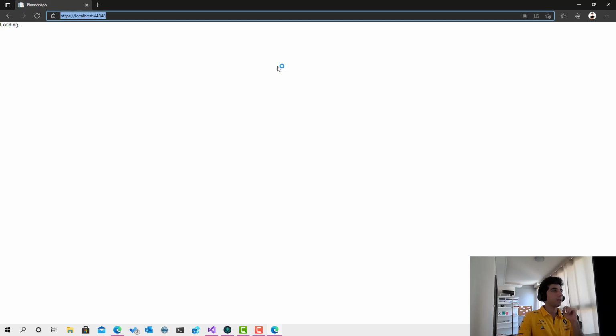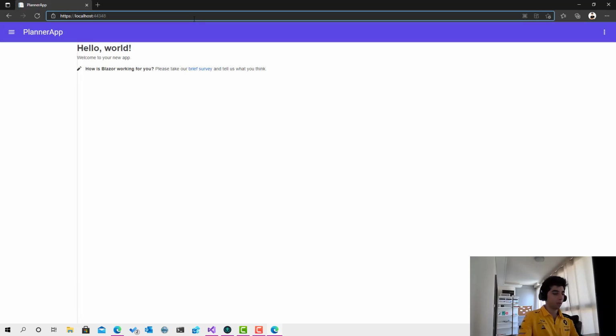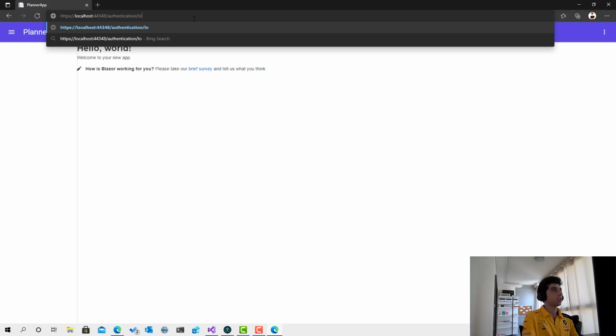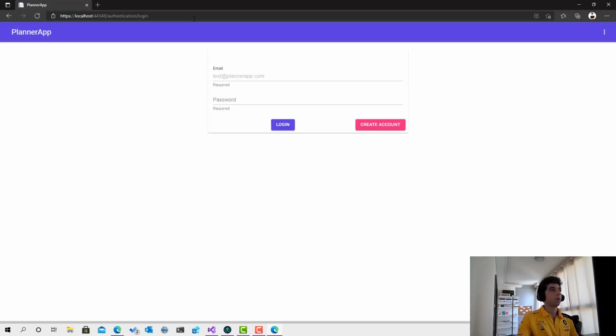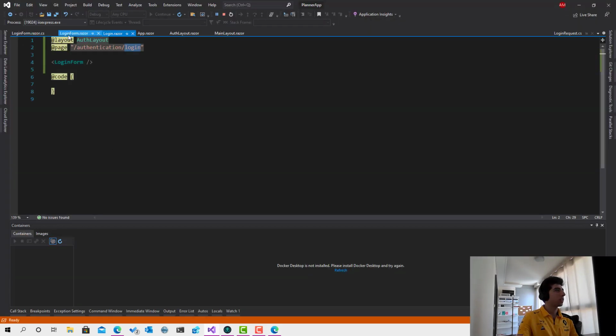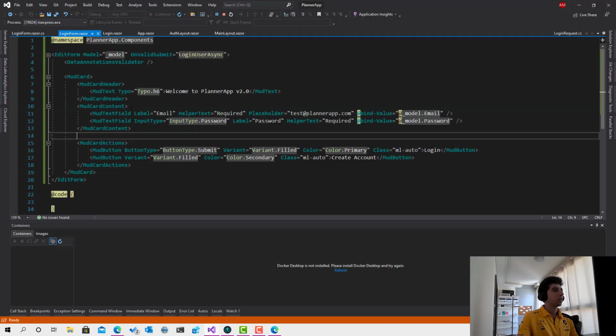Here we go. Let's go to /authentication/login. Click enter. Oh, look at this. Actually, it is just great. You see that? But because here we have a placeholder, this one we don't have this animation. And actually, I'm going to do it. I will remove the placeholder. Here we didn't see that text actually. That says